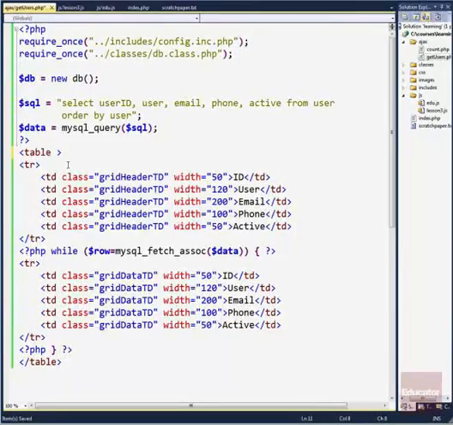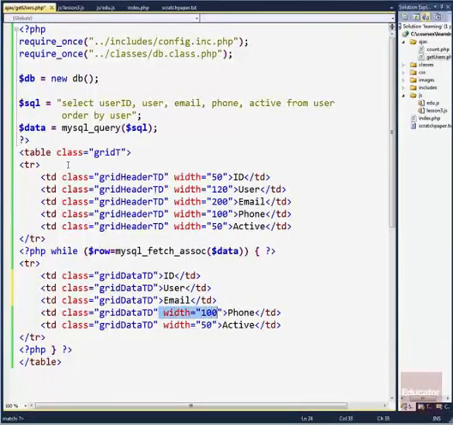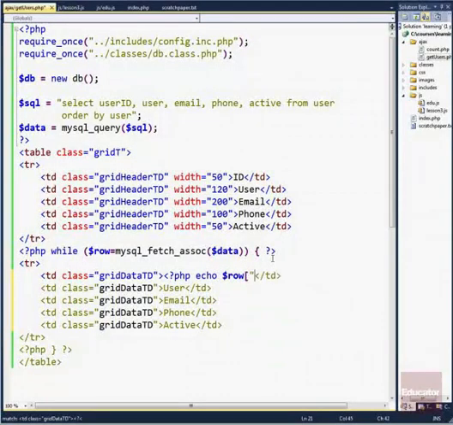So I pre-set up classes that would set up a table the way I like to set up, and the grid headers and all that kind of stuff, and the grid datas. In this particular case, we don't need the widths anymore because they're already set up in the headers. You only need to declare them once. And instead of headers, we actually need the real data. So here we go. PHP echo row